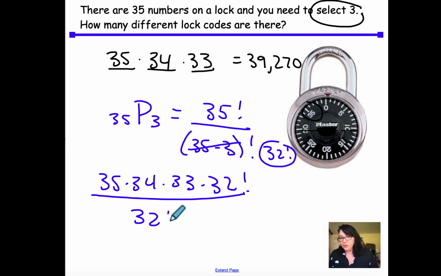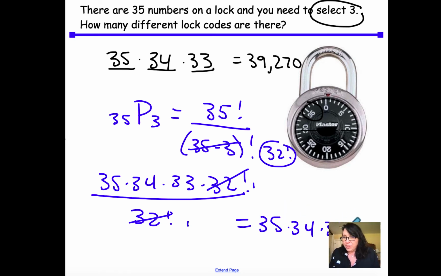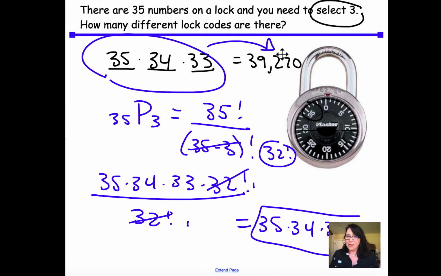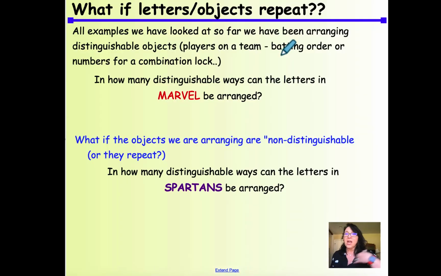So this 32 factorial will cancel with that in the numerator and the denominator, leaving me with 35 times 34 times 33, which, if you can see up at the top, is the same thing. So you have an option of writing it this way. It just can get sort of tedious. And by the way, your calculator will multiply those permutations and combinations out when we get to the next value of